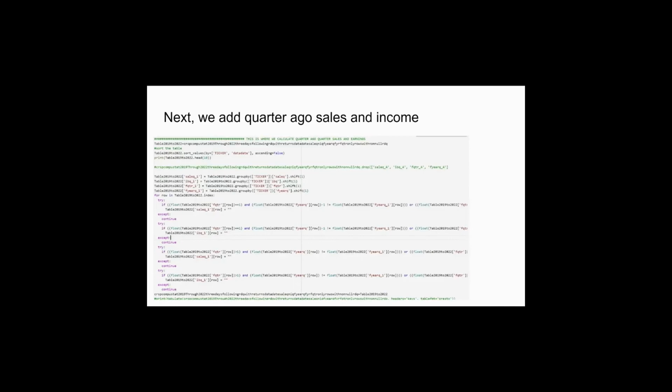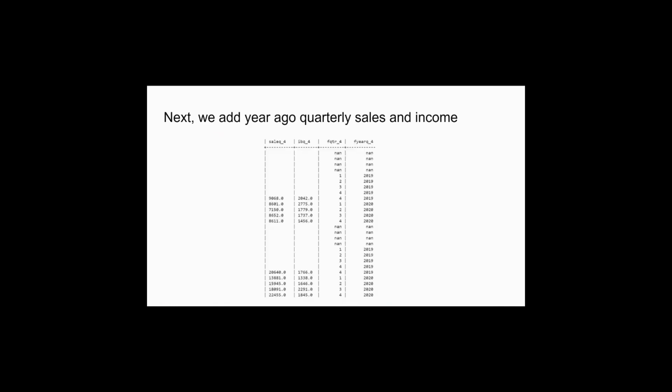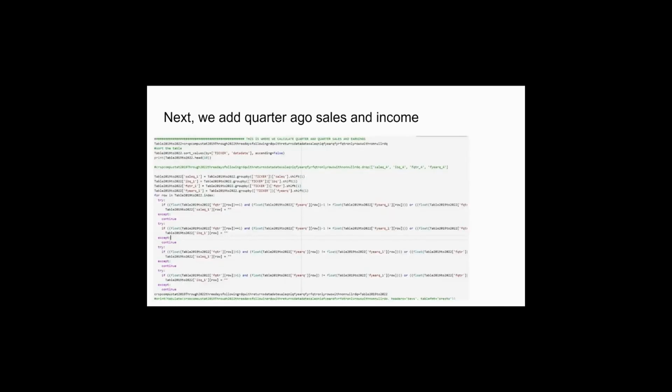Next week, and so this was for the seasonal random walk. And now we want to add in quarter ago sales, and this is just for the random walk. Where we say what were last quarter's sales, what was last quarter's income, what is this quarter's sales, what is this quarter's income, and then look at the difference. And that gives us our random walk of sales and a random walk of income. And so now, instead of shifting by 4, we're just shifting by 1, because we're just going back 1 quarter